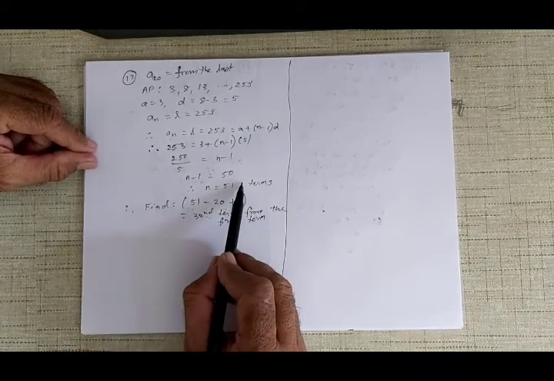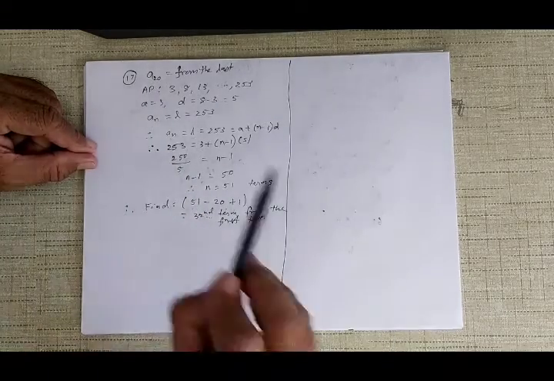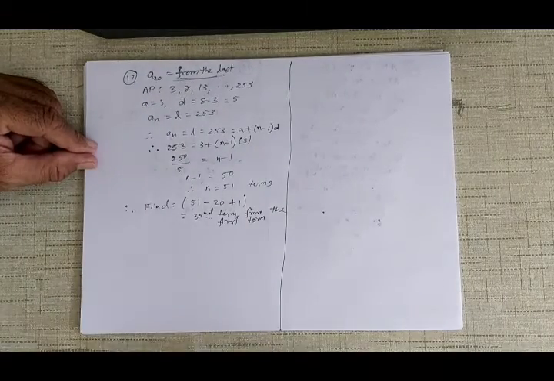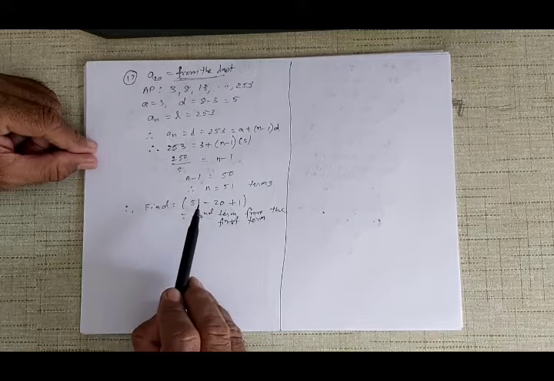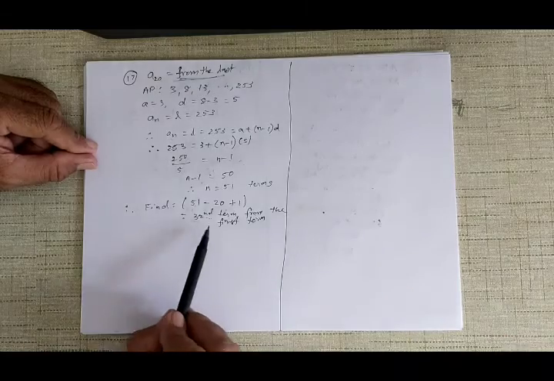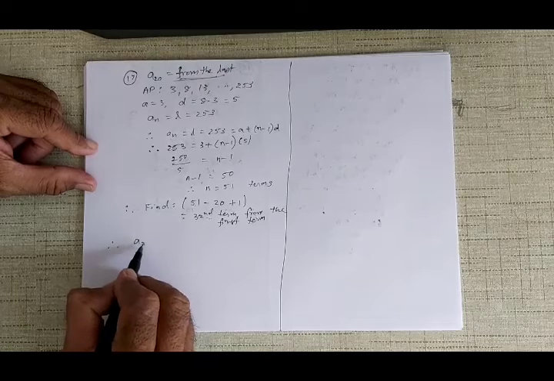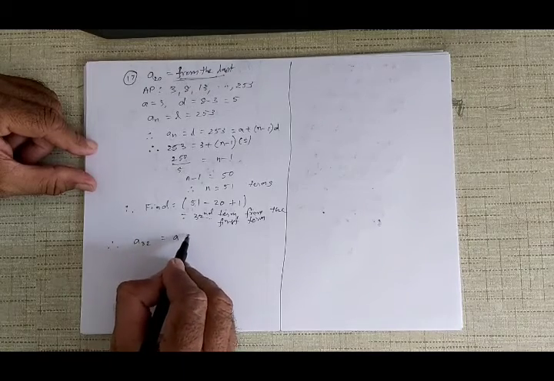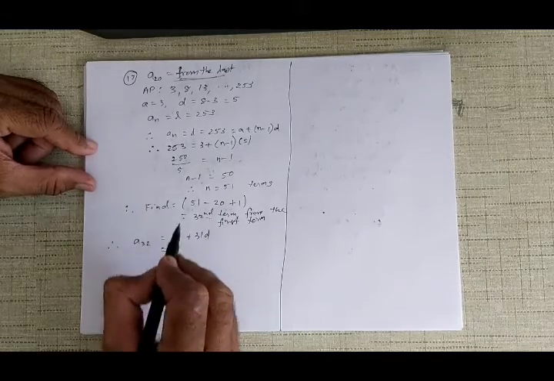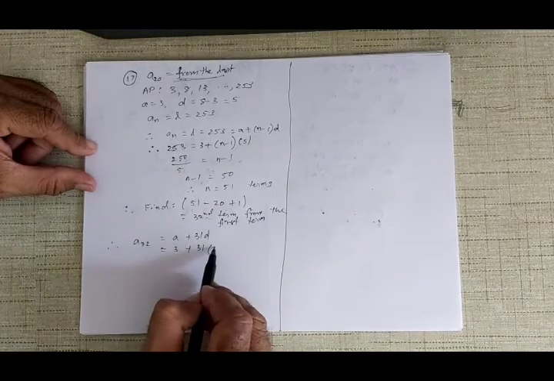ओके, कितनी टर्म्स आई? 51 टर्म्स आई. हमको कौन सी टर्म निकालनी? A20th नहीं निकालनी, हमको लास्ट से, फ्रॉम द लास्ट. ओके, फ्रॉम द लास्ट यू वांट टू फाइंड A20, द 20th टर्म फ्रॉम द एंड. 20th टर्म फ्रॉम द एंड वुड बी 51 minus 20 plus 1. तब जाके वो लाइन में आएगा. मतलब ये फ्रॉम द फर्स्ट टर्म, हमको फर्स्ट से निकालना है. सो देयरफॉर नाउ वी फाइंड A of 32. A of 32 विल बी A plus 32 minus 1, 31D. A तो दिया है 3, 31 इंटू कॉमन डिफरेंस कितना है? कॉमन डिफरेंस 5 है.